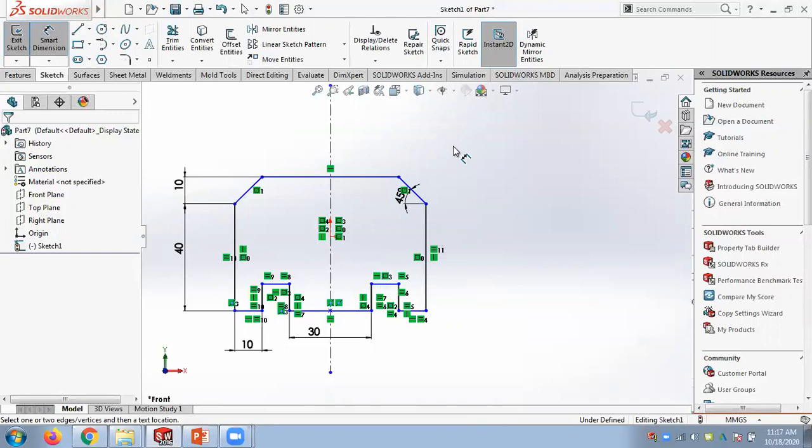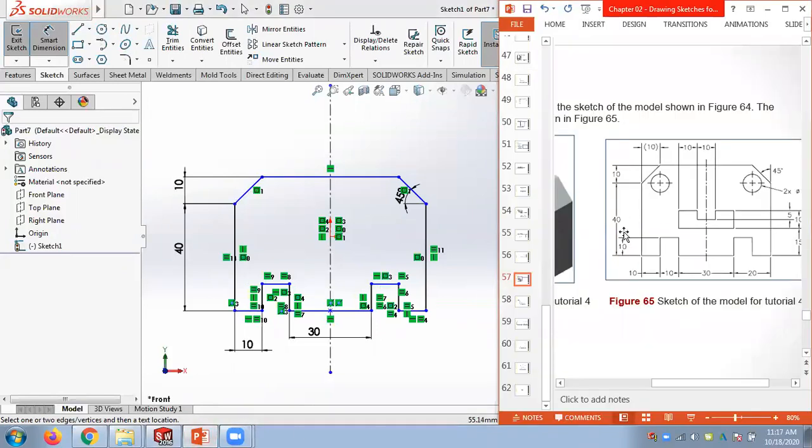All right, that's good. Now I have given all the necessary dimensions and relations, but you can see some blue lines still appear. The problem here is I didn't consider the origin. The origin is somewhere in the middle of the drawing. This origin is not a part of the drawing at the moment. Earlier when I drew the sketches, I put the origin here, origin there, so automatically I fixed my drawing to the origin.